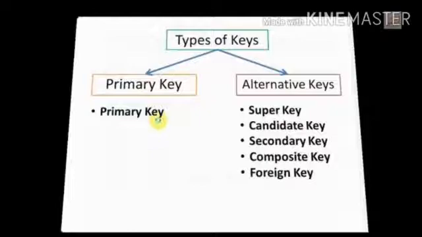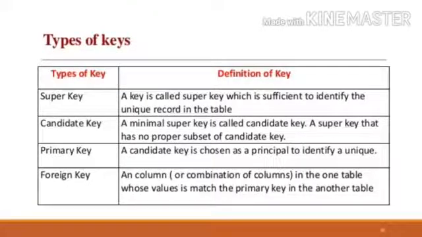Primary key is basically defined as the key by which we search the data from the database. That is the base of your database. The key concept is the base of a database, which is useful for searching the data from the records of the database. In the same category, let's discuss the types of keys. Super key: a key is called a super key if it is sufficient to identify a unique record in the table. Key means any entity, any record or any value, like I am saying roll number. If roll number is sufficient for searching the data, that is called a super key.